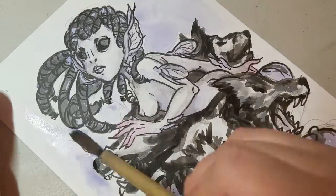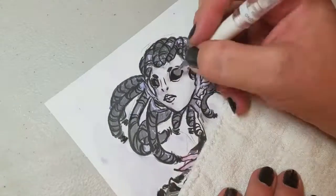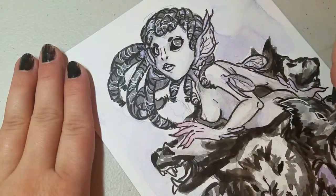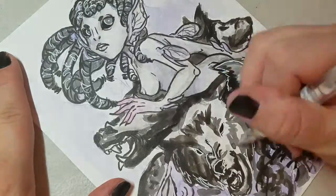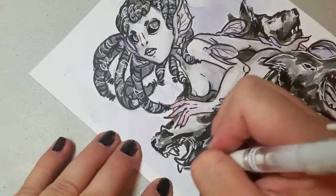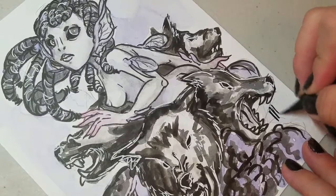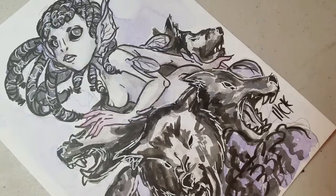So a lot of images I noticed portrayed her more like a colossal squid with the wolf heads on each tentacle, but I went a little bit further back, more towards the ancient pottery that portrayed her, and so that's the version that I went with. And that version was that she had almost like a mermaid type tail that was more dragon-like, with the wolf heads around her midsection. I really like how the design came out,